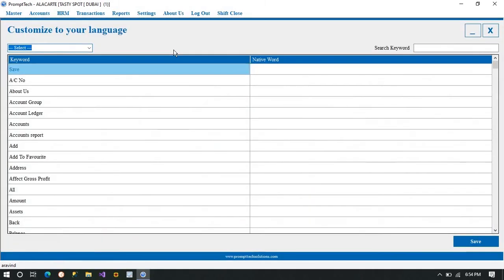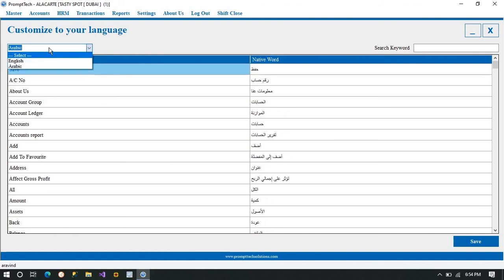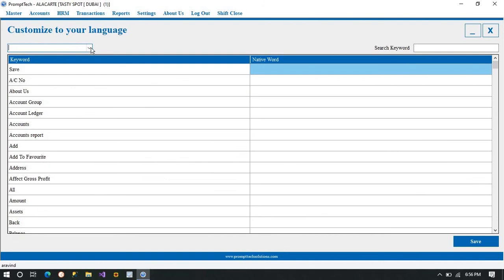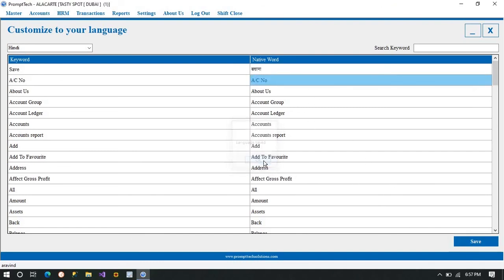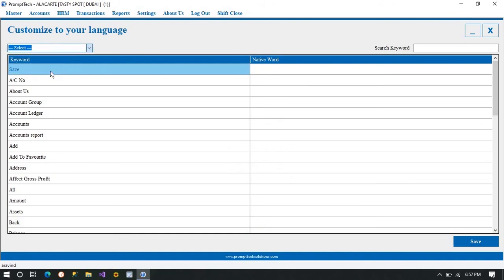You'll be able to customize your own languages, right? So there are all drop down menus out there. So when you select English, I'm selecting English, and here Arabic, if you want you can change in Arabic also, so you can just translate in your native word, right? This is shown in customizing your language and all. So English is my language, so even Hindi I can customize it, so it will automatically get saved in English. I can change it as well, right? So all the things according to the native preference can be done in the system, according to the region, according to the place you want to add in, right? So this is in customizing